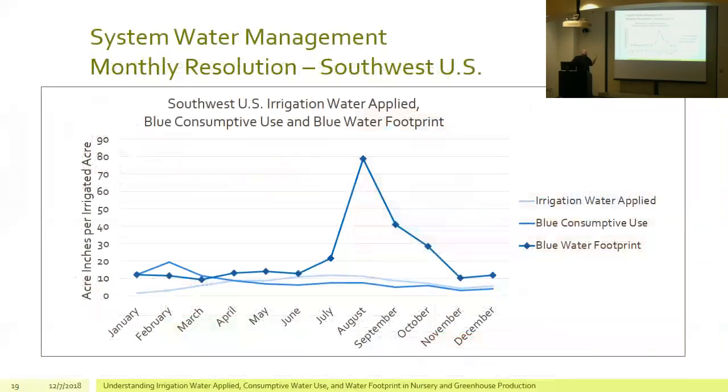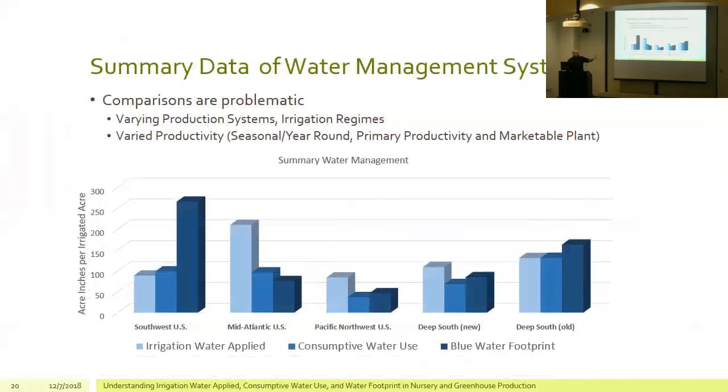Or, I mean, they do get some rainfall. We went through it, and the amount that they adjust their irrigation regime is basically non-existent for the amount of rainfall they get. They only get some rain even in December, and that's about it. But you can see how it drives up the water footprint during that time of high scarcity. And so to look at them all together,